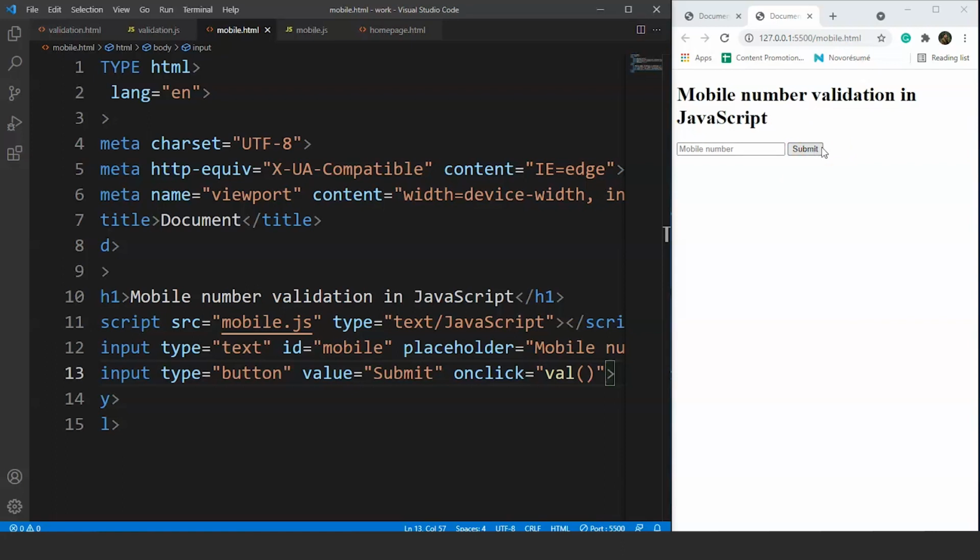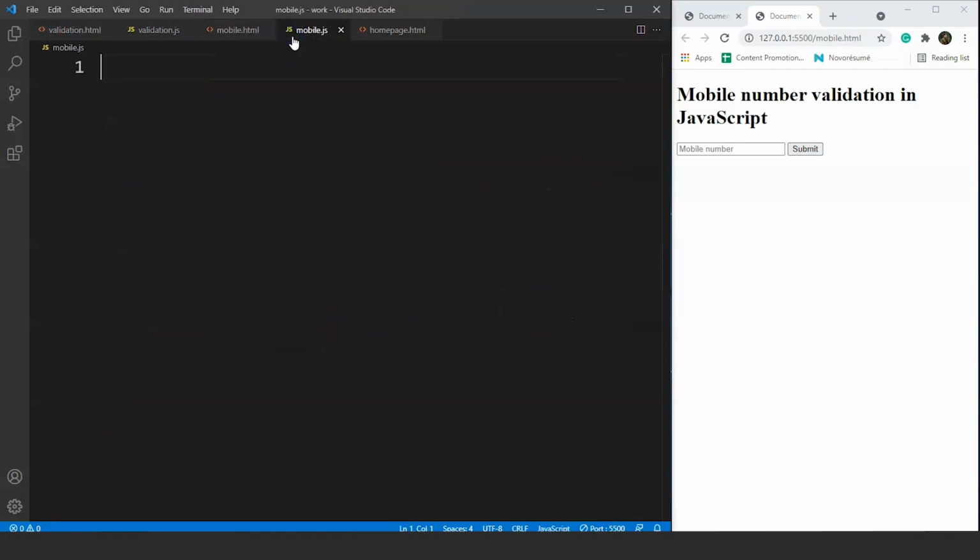So what we'll do next is we'll move on to the JavaScript file to create this val function. Now we'll create a function, and that function will check if the number entered by the user is in the proper format or not. So let's create a function first. We'll go to a JavaScript file and we'll write here function val. So this is the name of our function, and then we have the body as well. Now the next thing we'll be doing is we'll be writing a program here. So what we'll do is we'll first take a variable. Let's say the variable name is var mobile, and this variable will hold the value entered by the user, right?